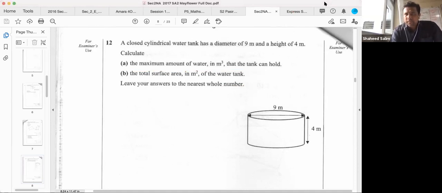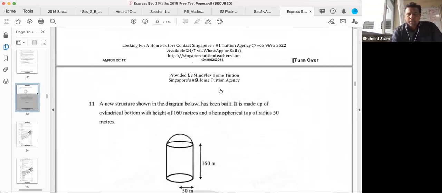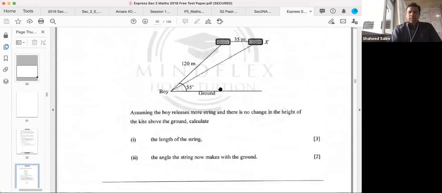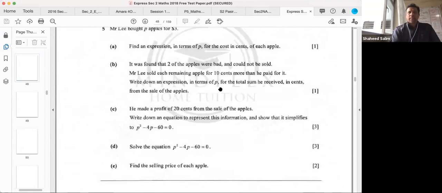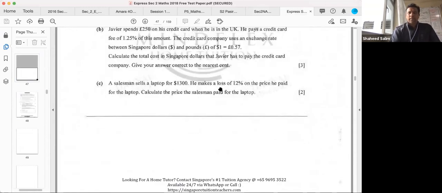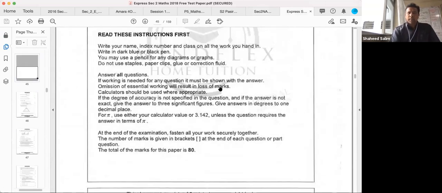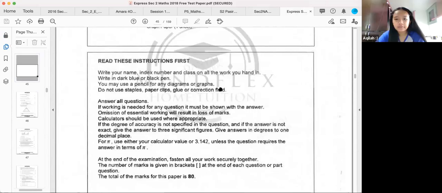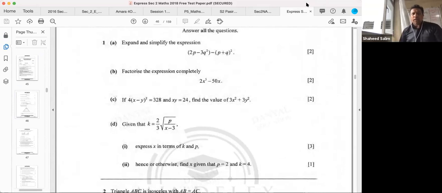So we start with this one. Paper 2, right? You're sitting for paper 2 tomorrow, okay. Can you try 1 A, B, C, D until